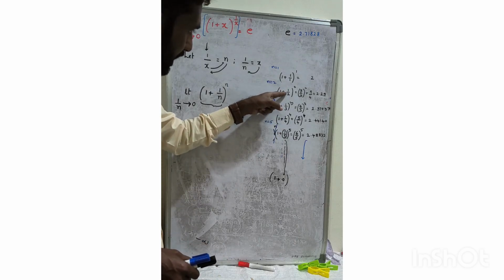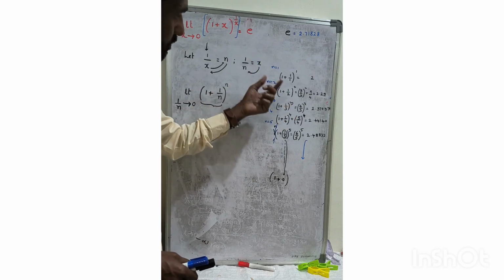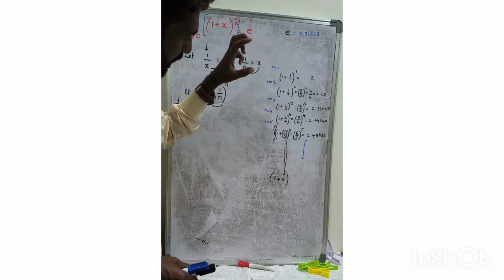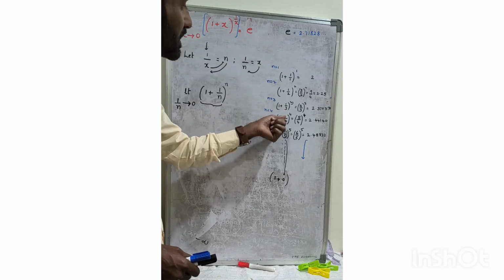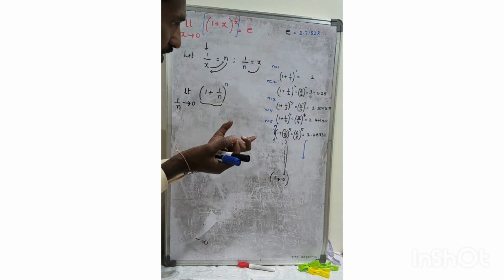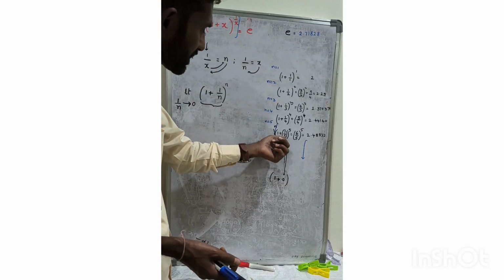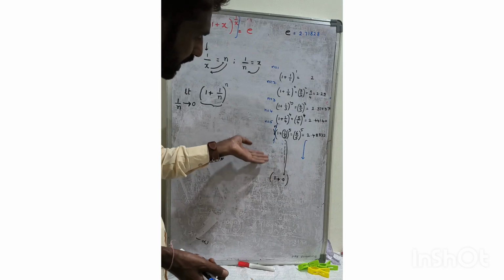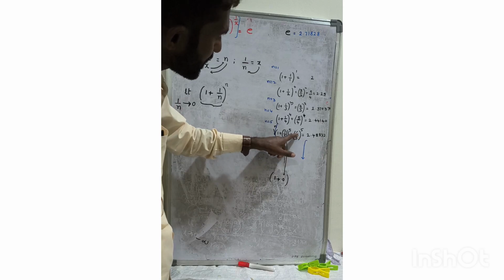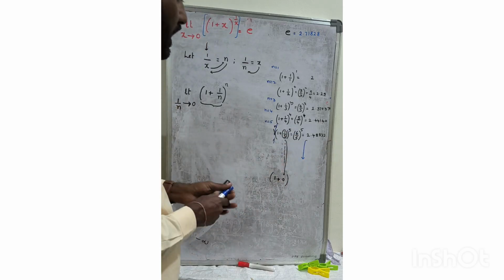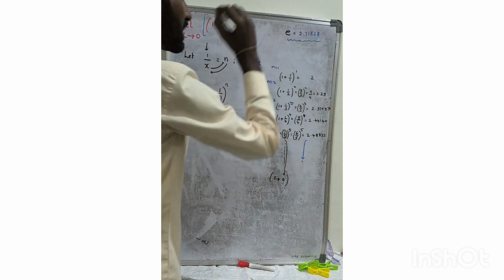See, this 1 by n value we are decreasing. First it is 1 by 1, 1 by 2, 1 by 3, and the exponent is increasing. n is equal to 1, 2, 3. The exponent is increasing, but the number we are adding to 1, that means 1 by n, is decreasing, more decreasing, and decreasing up to 0. If I go on in this manner, you are getting 6 by 5 whole square, 2.484832, and this value is very very close to the e value. It is going towards the e value,